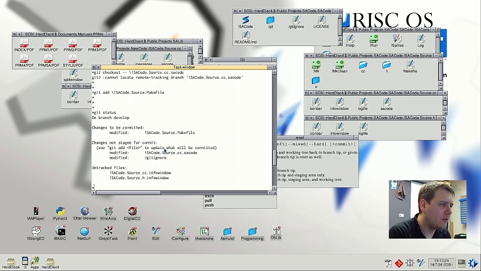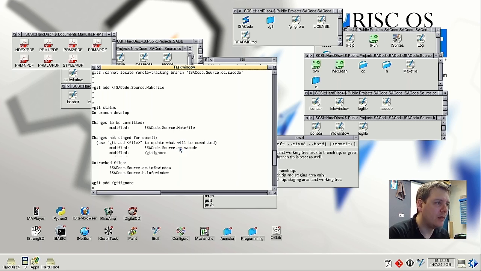Okay. Oh, so it's already added that one though. No, it's not added that one, is it? Right, so, okay. We'll do git add slash gitignore. We'll keep those because none of that bloody works anyway. It does work on SGit, that's the annoying thing. I've just got the exact same one on SGit and that works. But on normal Git, it doesn't. So hard work. Okay, don't want to include SA code, so we'll do git add